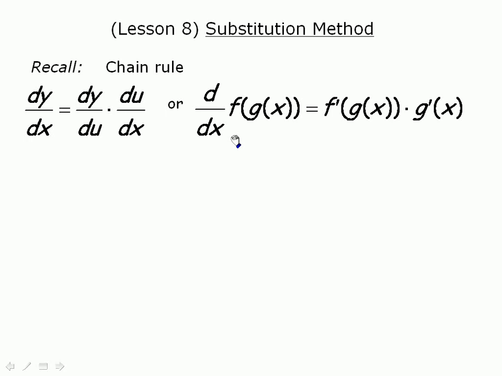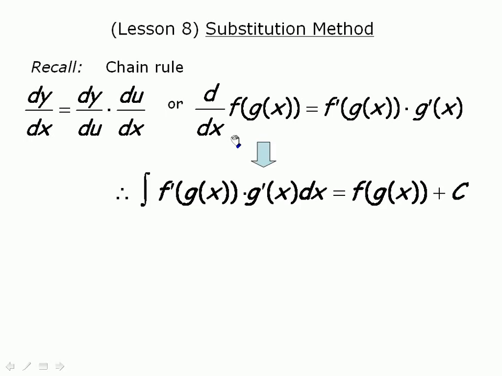And so, given that that statement is true, then the reverse would also be true. So if we were going to take the antiderivative of f prime at g at x times g prime at x, it will take us right back to the beginning. So this is leading somewhere. It's awkward the way it's expressed right now, but if we do make a substitution, so if we said, for example, let's make g at x equal to, well, just u, then this expression can simplify down to